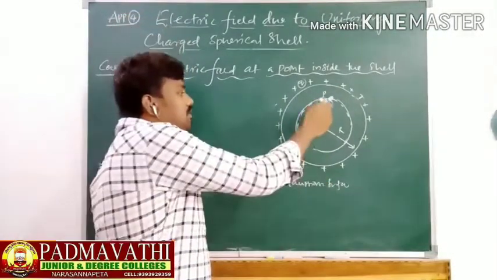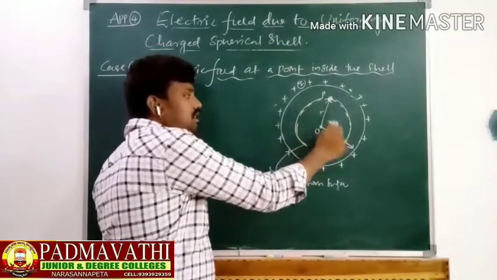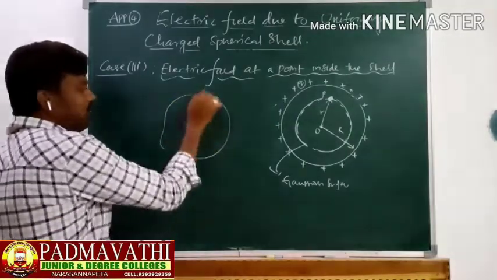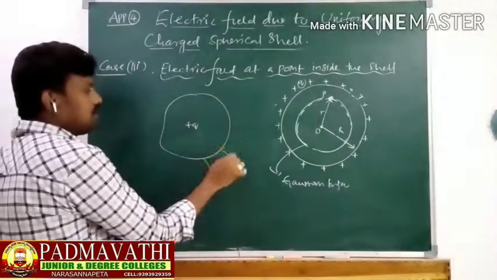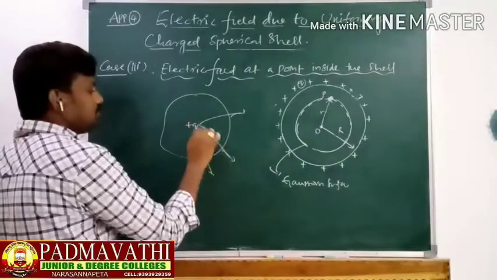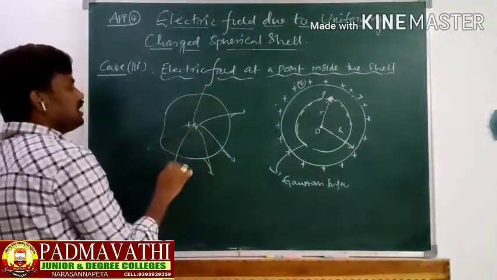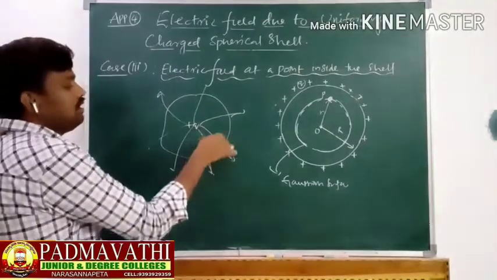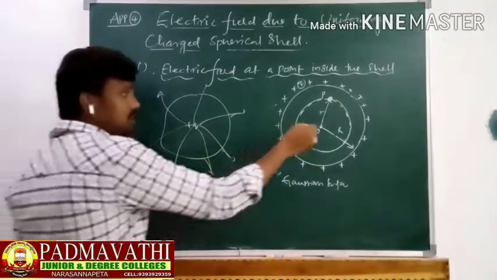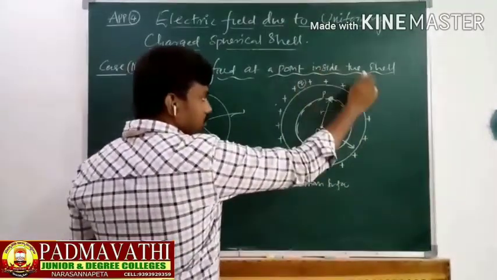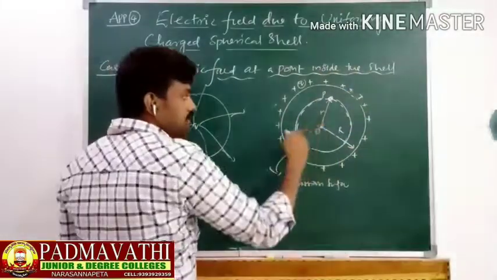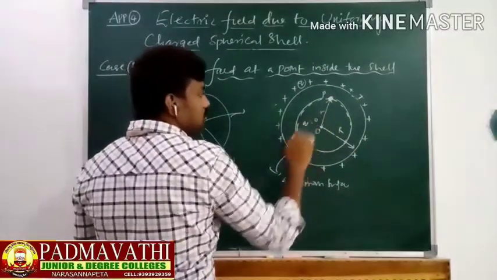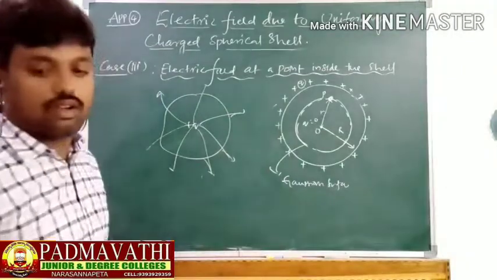If within the surface there were a charge, let us suppose there is a charge here, we can assume a Gaussian surface around it, and thereby the electric flux will come out. From this we can expect the electric field at a point anywhere here. But in this case, there is no charge at all. The charge resides outside the Gaussian surface here. But there is no charge here. Q is equal to 0 inside this Gaussian surface.